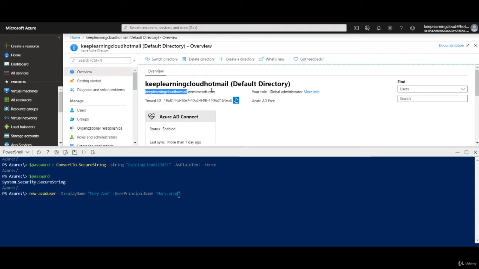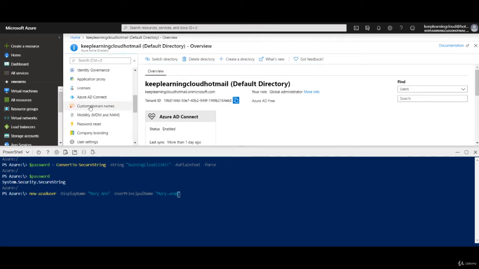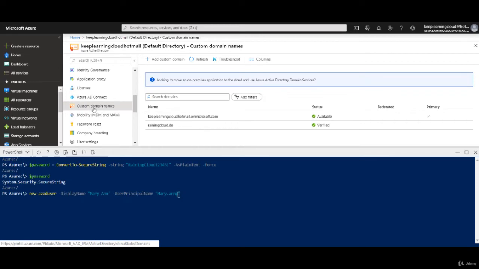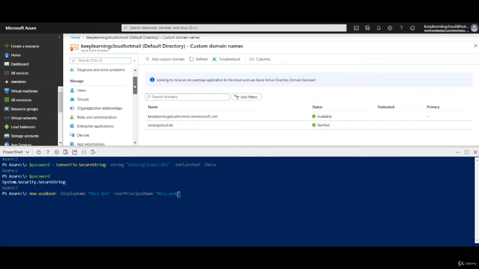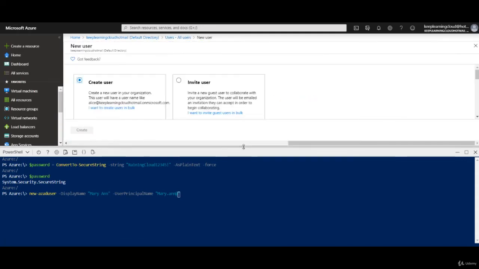.onmicrosoft.com is your default directory. But then if you have verified any domains under custom domains, they would then also be available for you. So when creating a user account, you can use the verified domain name as a suffix for all user principal names here. It's the same case when you're creating a user account with the user interface, the concept still remains